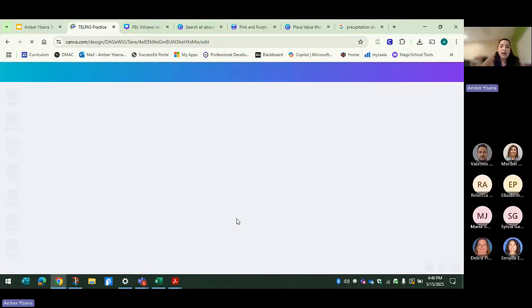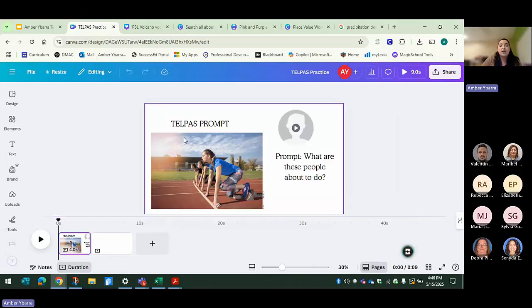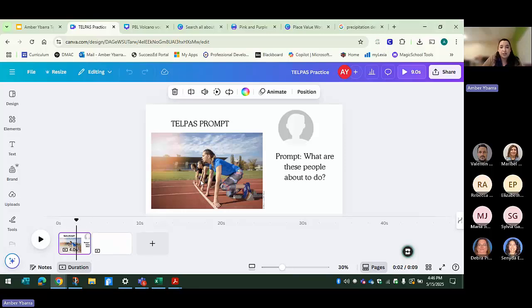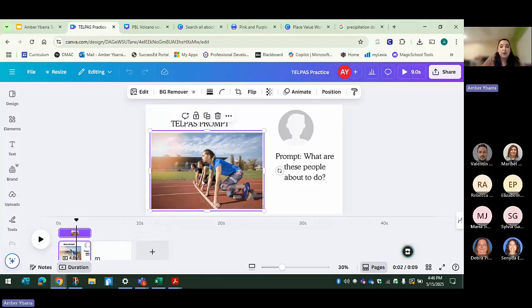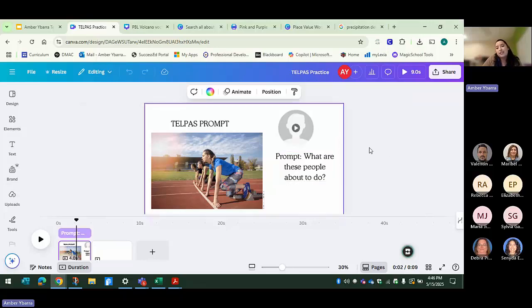So what I would recommend is definitely creating the template ahead of time. So find the prompt that you're going to want them to use. So all I did is I went onto Google and I looked up Telpas prompts. I found a photo and I got the prompt. I entered it here with the text box. And on the actual Telpas test, it does have like a speaking button so that it reads the question or the prompt to them. So I did,